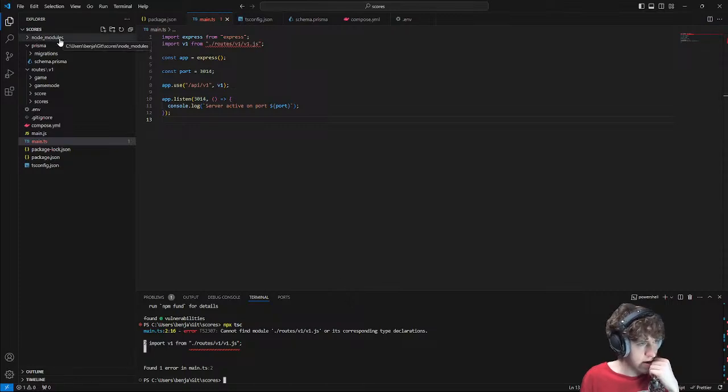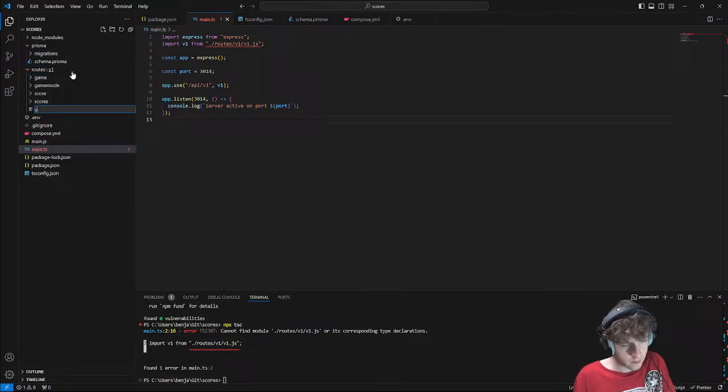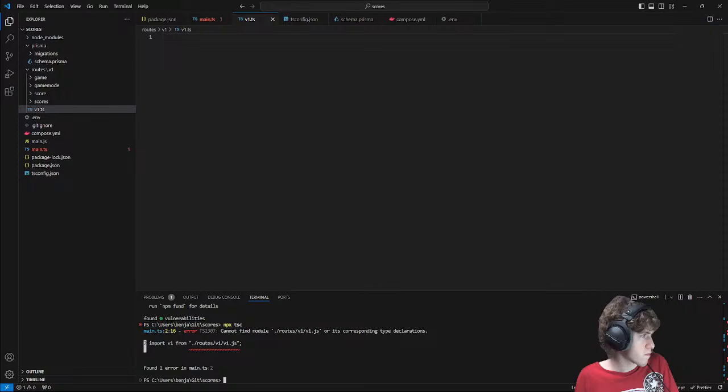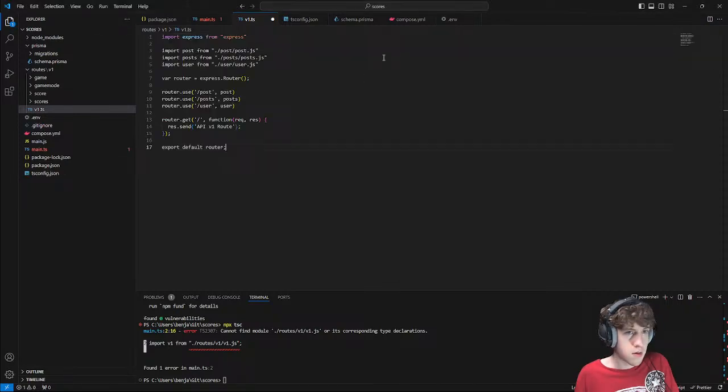That's because I didn't actually declare the file yet. v1.ts. I can copy what I did for the other project. So cd into routes, cd into v1, cat v1.ts, copy everything, paste it.